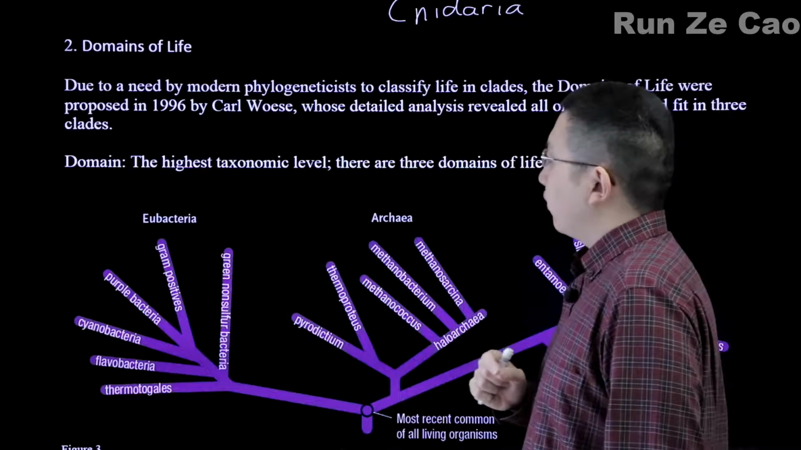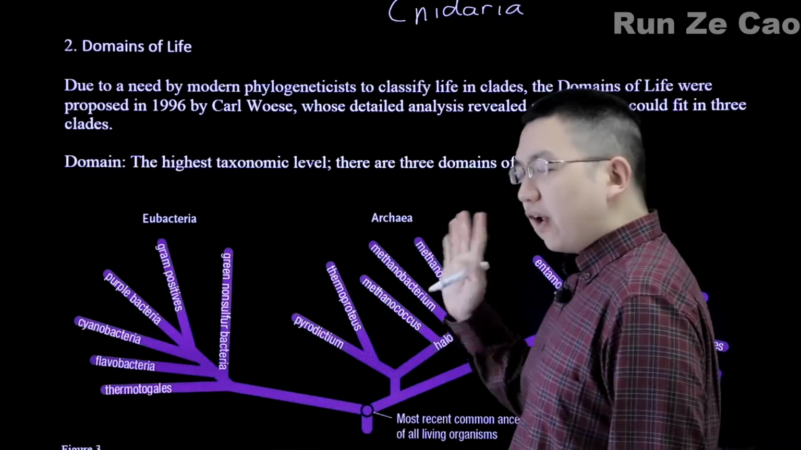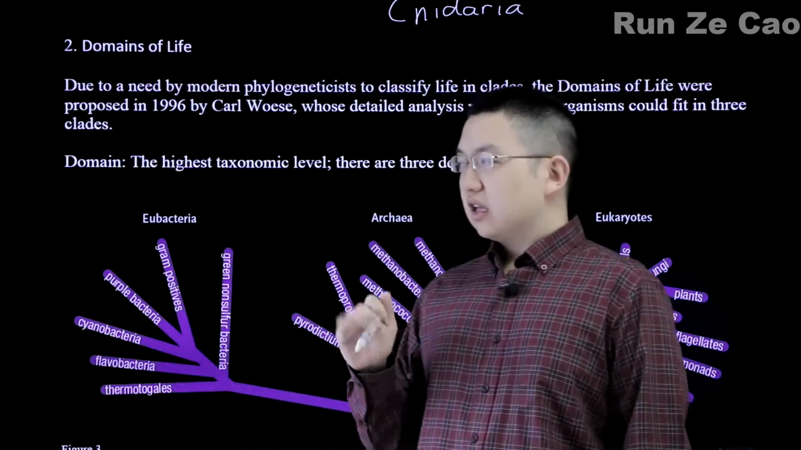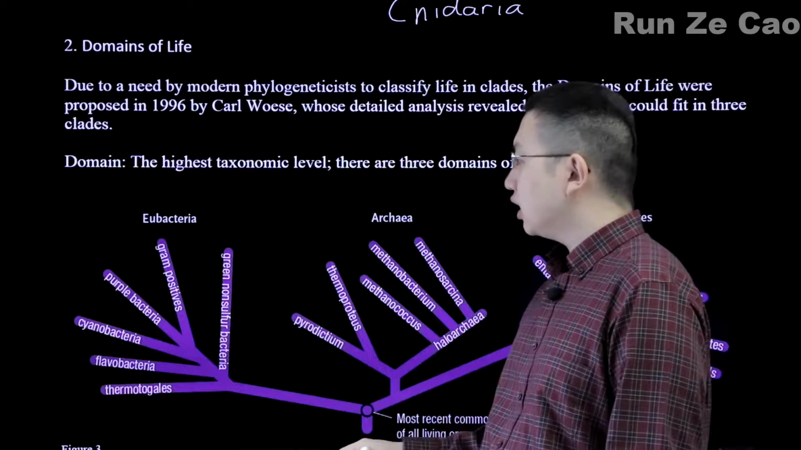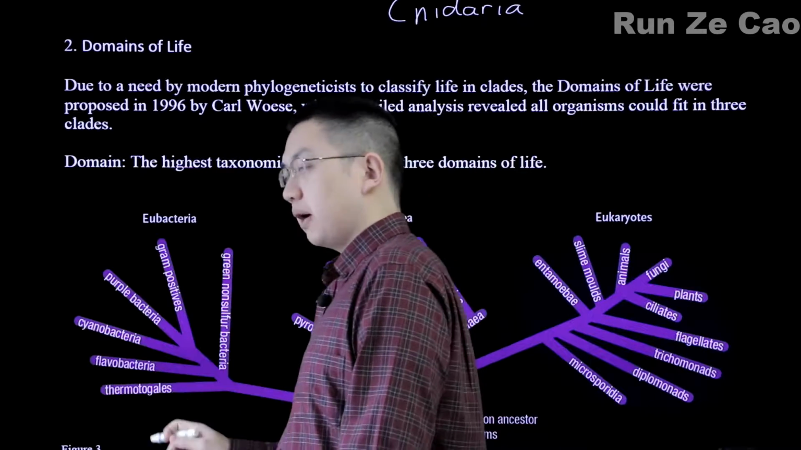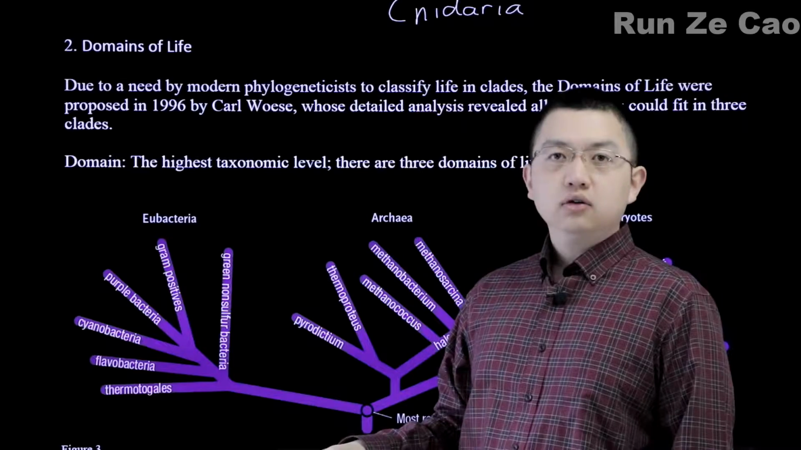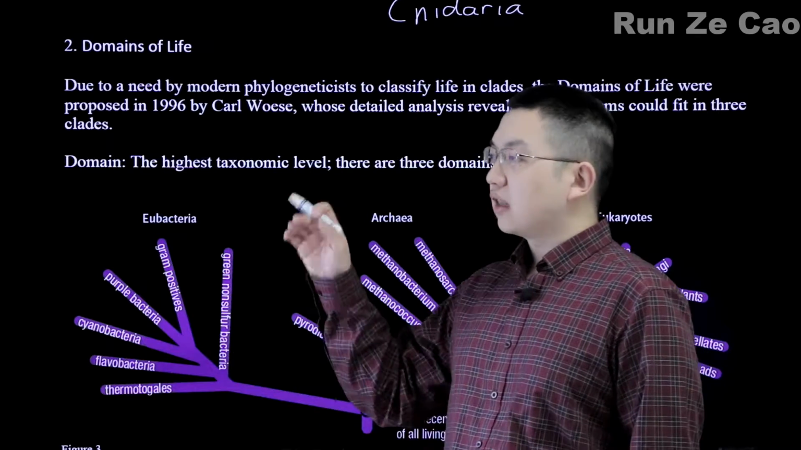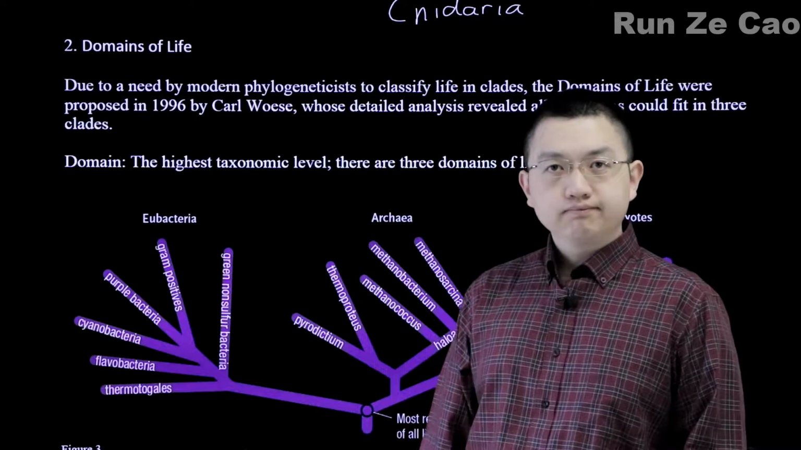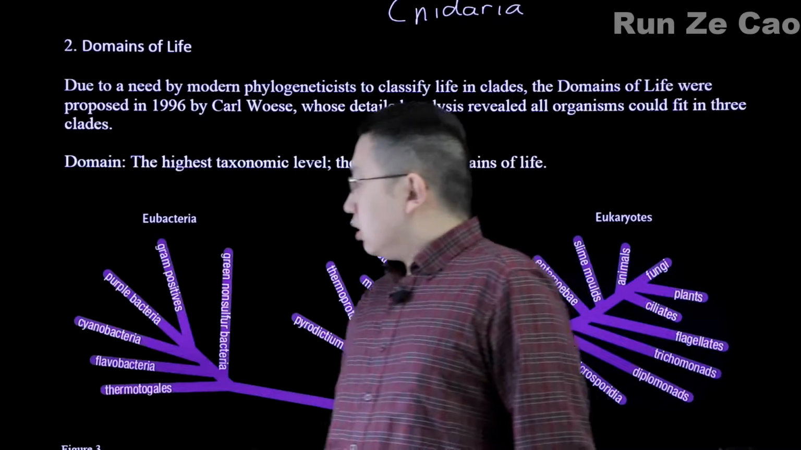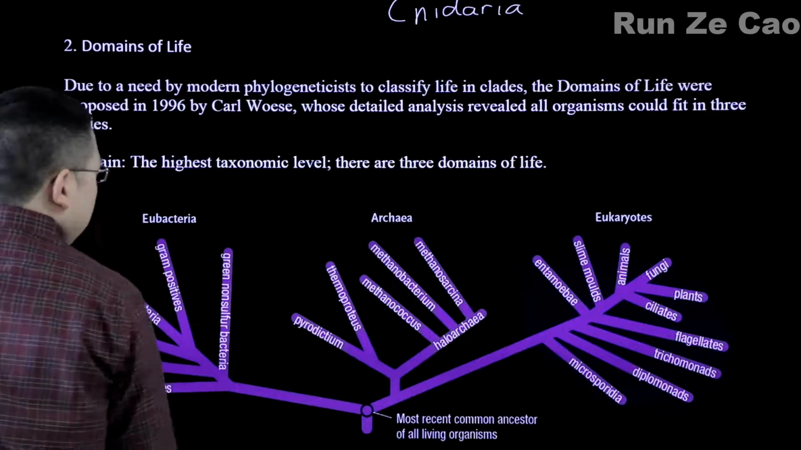So, domains of life. Now, modern phylogeneticists have this thing about, hey, we need each clade or group that we identify to all descend from one common ancestor and to represent all the descendants of that one common ancestor. This obsession may or may not be a good thing,